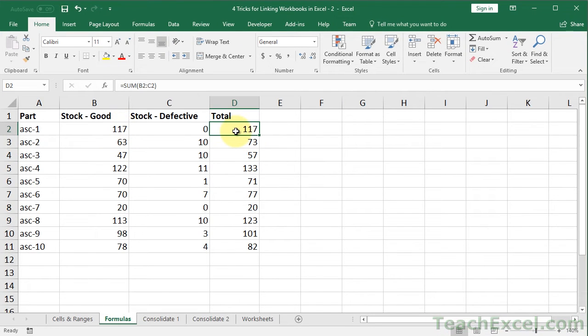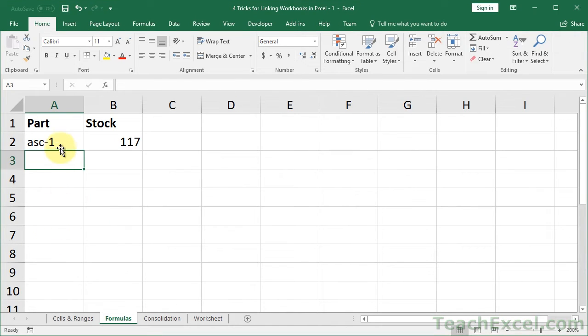Stock 117. Let's try out ASC-3, should be 57. Good practice to test out your work. Perfect. So you can see that is super duper easy. And all the other things I just told you earlier in the tutorial also hold true as far as the